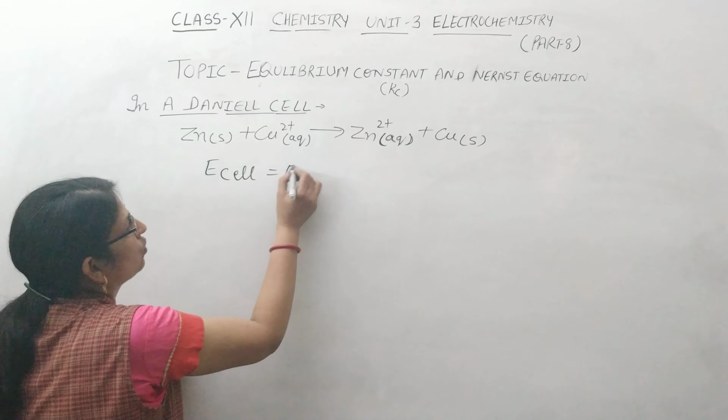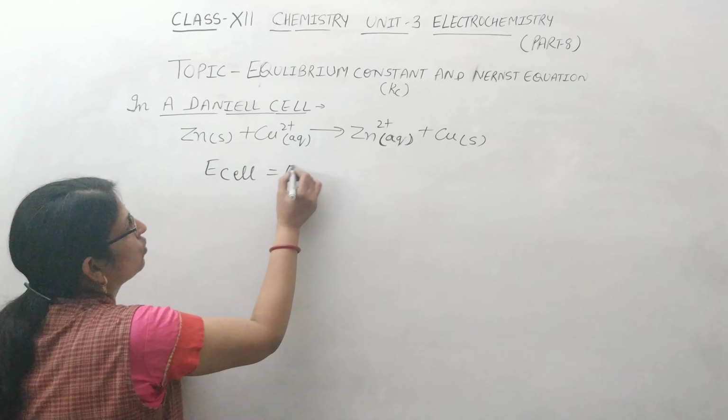In the exam, you take the anti-log of it. Anti-log of 37.288, and the value is given to you in your numerical. Anti-log of 37.288 is equal to 2 multiplied by 10 to the power 37. You can write directly 2 multiplied by 10 to the power 37. That is the value of Kc. There is no unit of Kc here.